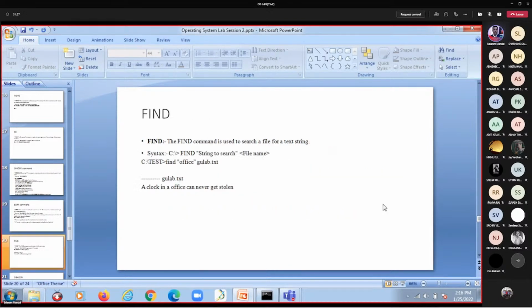Yes, sir. Okay. Next one is the find command. The find command is used to search a file for a text string. Okay, अगर text string को find करना है, then we use the find command. Suppose I want to find the word office. Suppose मेरे पास एक फाइल है gulab.txt, इसमें मैं ऑफिस को फाइंड करना चाहता हूँ, gulab.txt में अगर सपोज एक वर्ड है ऑफिस, कहाँ है, इसको अगर मुझे चेक करना है